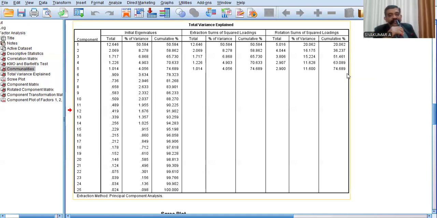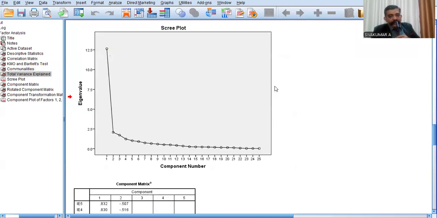If the total variance explained is 32% or 33%, you cannot continue with the EFA. But it is a greater value. It is a good value, about 75%. Total variance explained here is 75%. That value is a good value. You can continue with the EFA. Then please write the interpretation: total variance explained is about 75%.